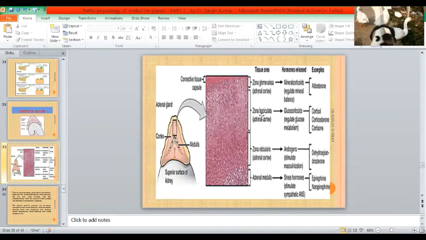the body. Zona fasciculata releases cortisol, corticosterone, cortisone, which are glucocorticoids and responsible for glucose metabolism. Zona reticularis is responsible for secretion of androgens, and these are responsible for maintaining the masculinization or feminization in the male and females. The adrenal medulla secretes epinephrine and norepinephrine, that is adrenaline or noradrenaline, which is important for emergency conditions like fight, fright, and flight. In an emergency condition, epinephrine and norepinephrine are released in a stress condition.